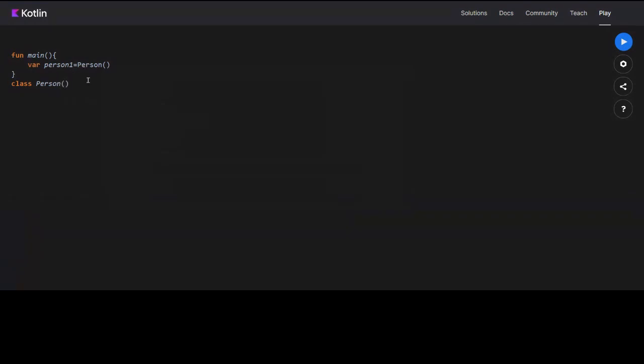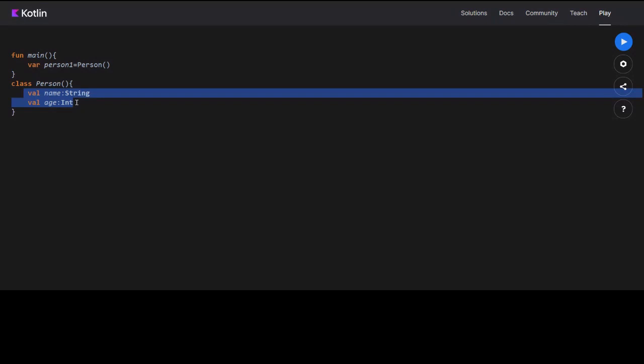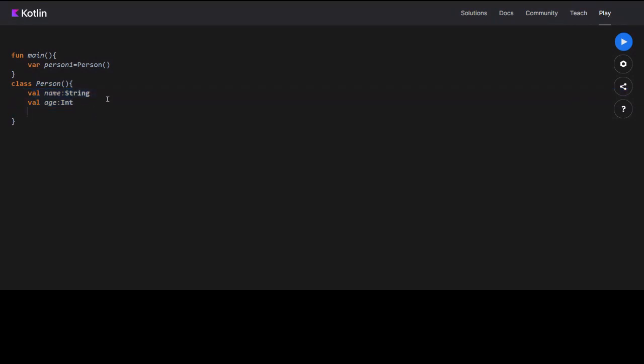So let's say Person has some values like, sorry, name, string. Okay, val age. So now we have properties for our class. Now we need a function to give values to these properties.